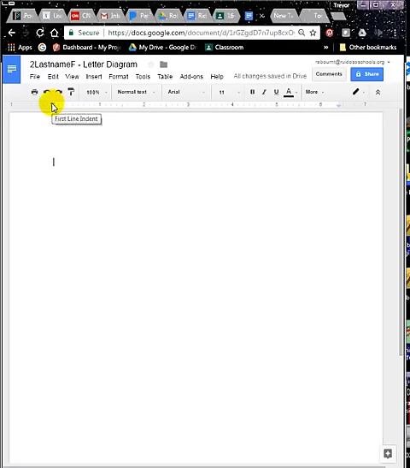Now, to start with, we're going to need to indent for our heading. To indent, we'll come up here to our left indent, which is the triangle pointing down, and we're going to pull that over to the 4-inch mark. After pulling that over to the 4-inch mark, before we go any farther, I think